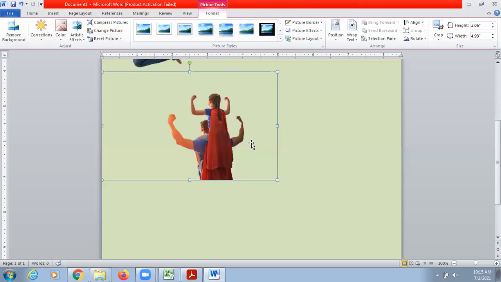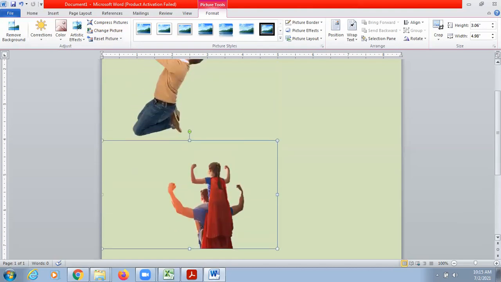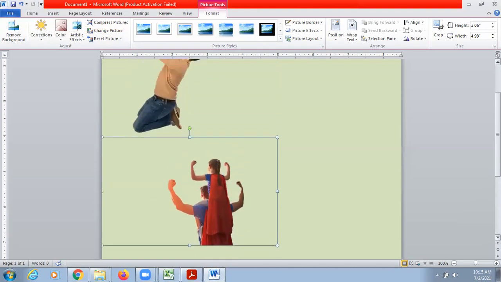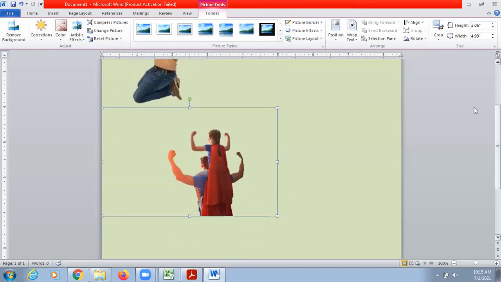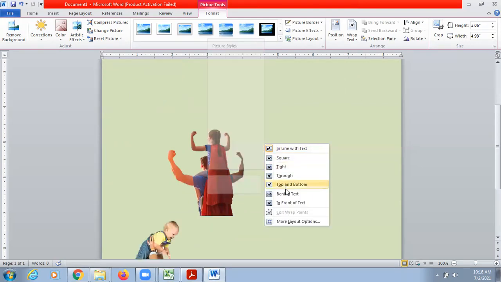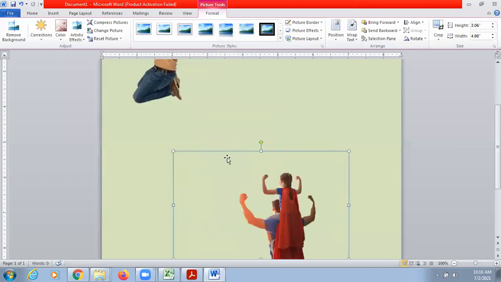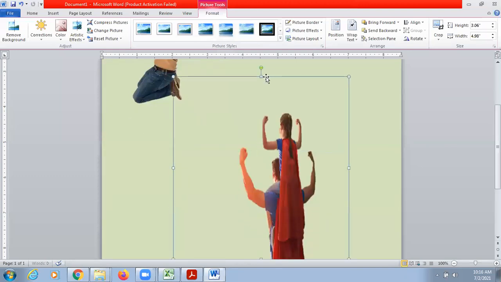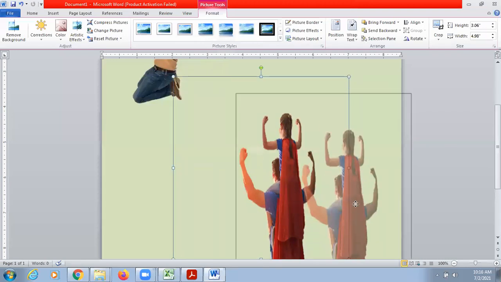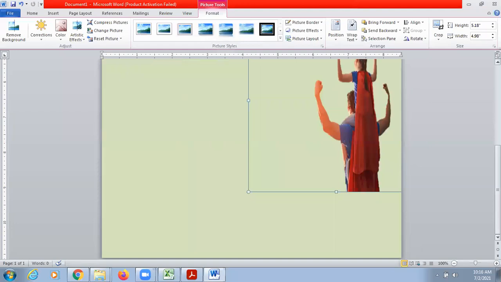So now this is a picture which we have made. We have made this picture as a PNG picture, and we have converted a normal image into an image with no background. So you can convert a normal image like this. And if you want to use it for your greeting card, you can shift the image, change the size of the image, make it bigger, and give a proper position wherever you want to place this image.